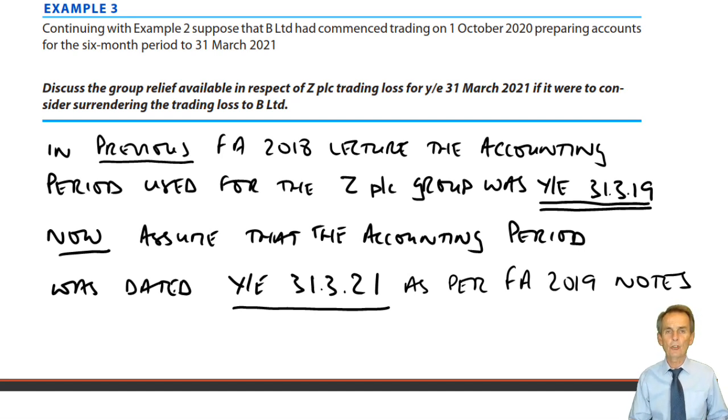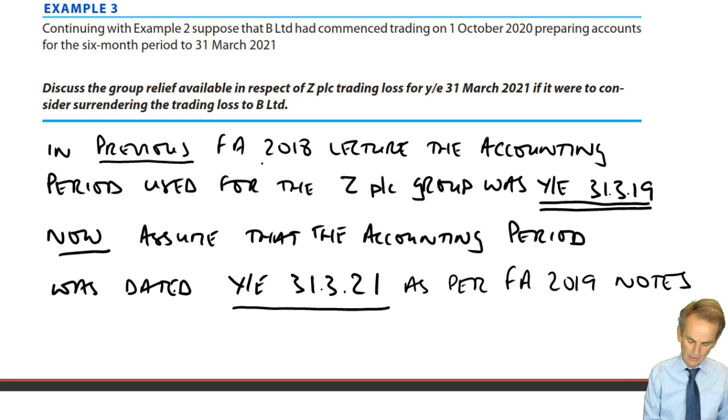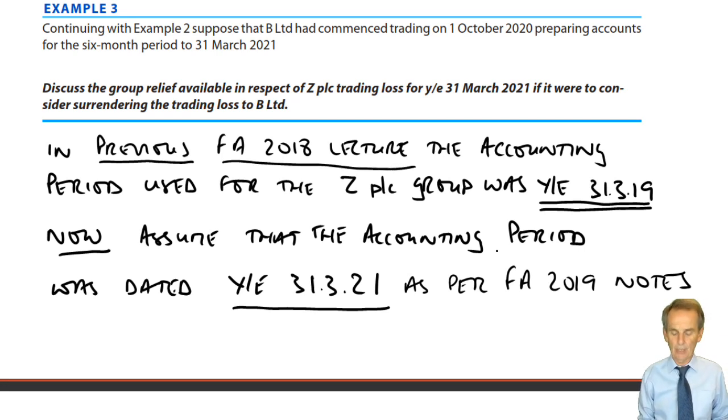So to make sure that we don't have any problems with that, we're now going to look at example 3 from within the FA 2019 notes. Now, back in the previous lecture where we got introduced to example 2, upon which example 3 is based, we saw that in the FA 2018 lecture, the accounting period used for the ZPLC group was here, the year ended